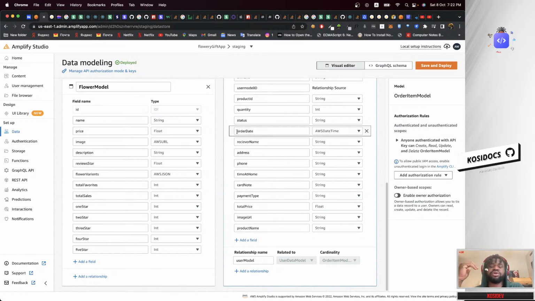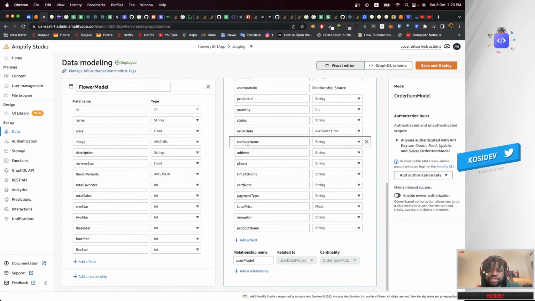So if you want to know the time when a user created an item in your app, you always have a created at and modified timestamp in your data, so you can use that in place of creating a new order date. In this case, we just decided to create an order date, but we can decide to use the created at. So I think we might decide to remove this and use the created at.